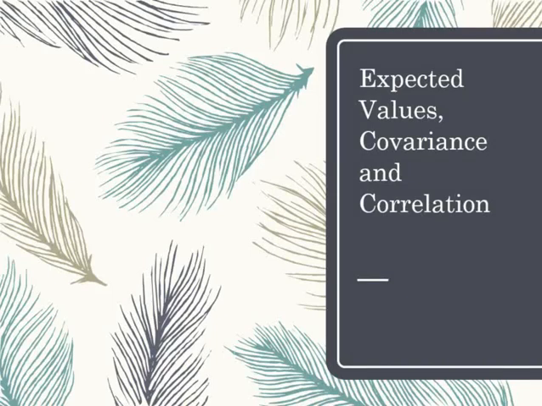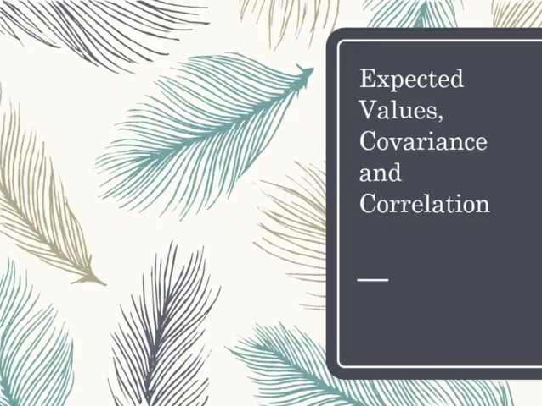As is our tradition, when we introduce a random variable, we also talk about how we can find characteristics. So you are familiar with expected values. I'm going to show you how to find the expected value for a joint probability mass function. And then we're going to look at covariance and correlation, which are two statistics that become relevant when you have